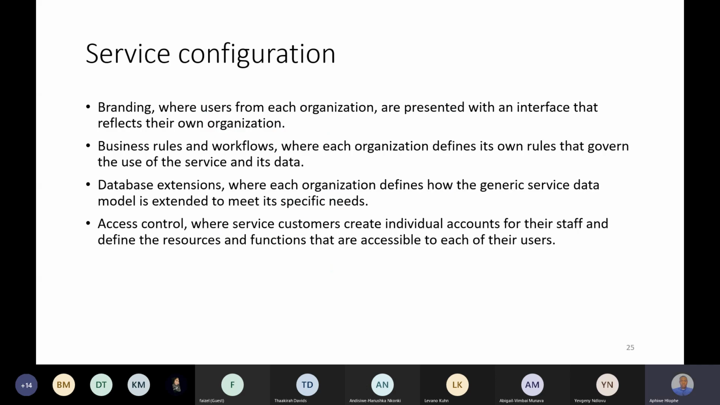So in terms of configuration, you need to ensure that the branding speaks to the organization. The business rules are able to accommodate the company's workflow, database extensions, and then also access control for the different users in the organization. These are some of the key configurations you will have in mind when you're implementing software as a service